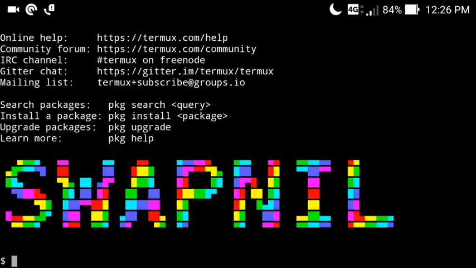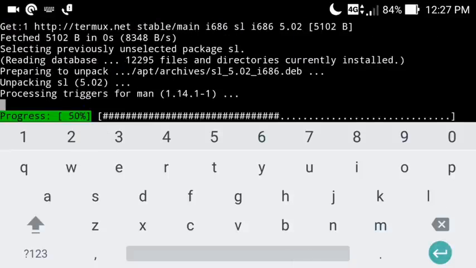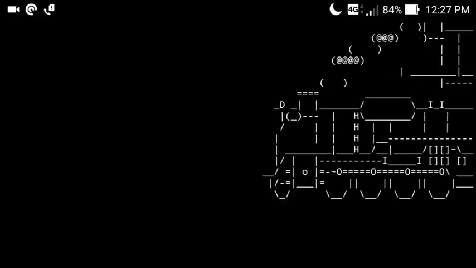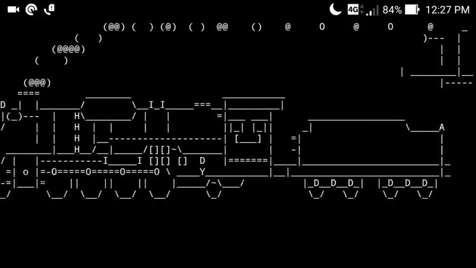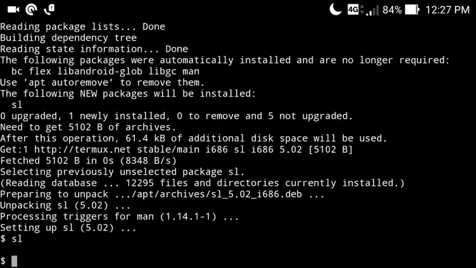So let's talk about the first command. First of all you need to type here apt install sl. It will install a package named SL, and this is required to run that particular command. Now you just have to type sl and hit enter. You can see it's showing a very cool train running on your screen. You can show it to your friends. It will be very cool and funny. They will all be amazed at how you were able to do this.